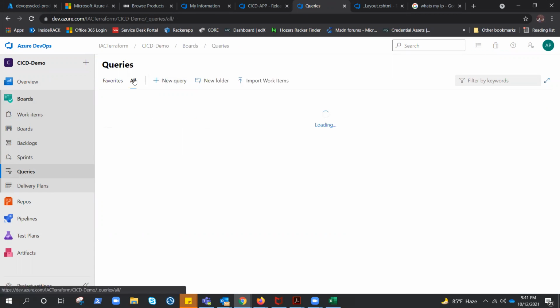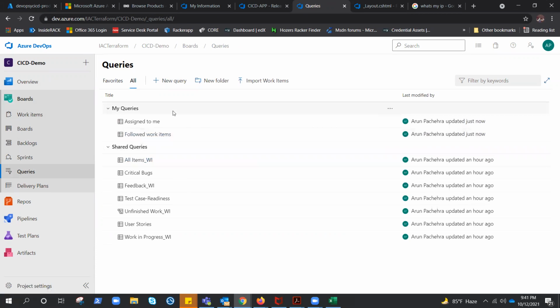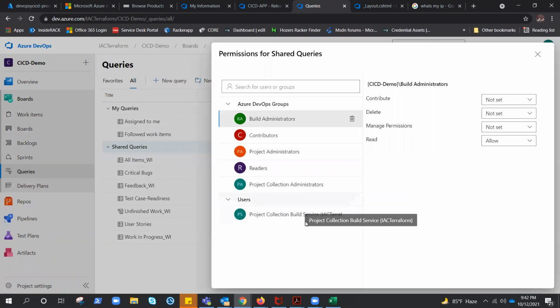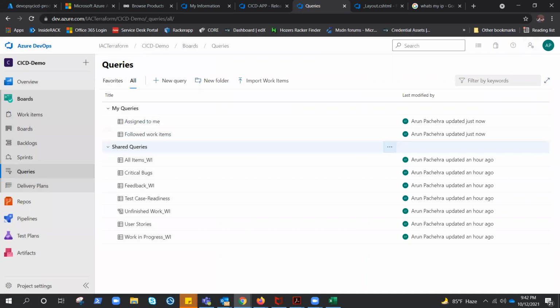Under queries, we click on all. Under all, if you click right here, you need to be aware that under security, your project has the read access. Only then it will come here and read it. Right now it has, so we are good. So what we need to do, we simply go back to